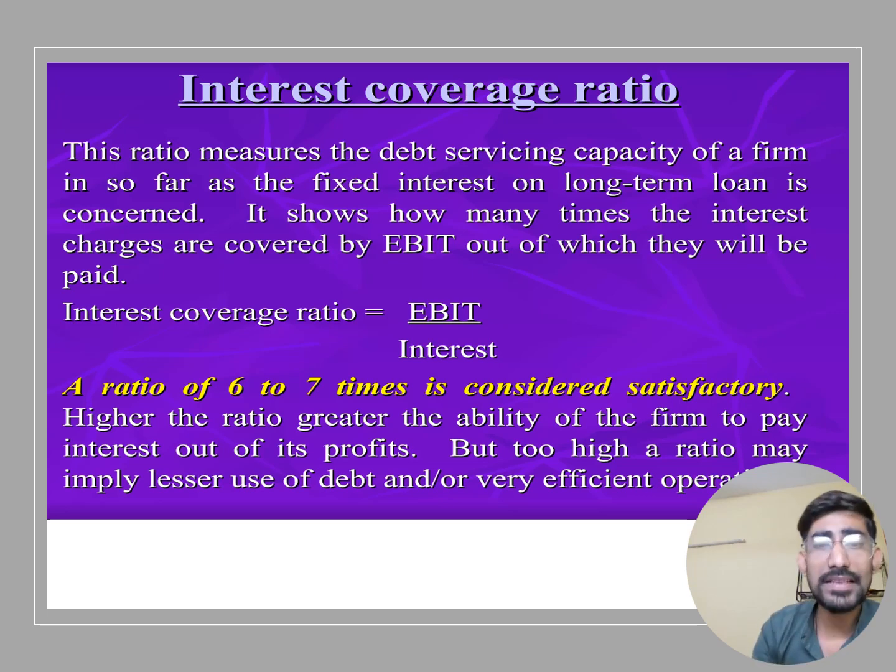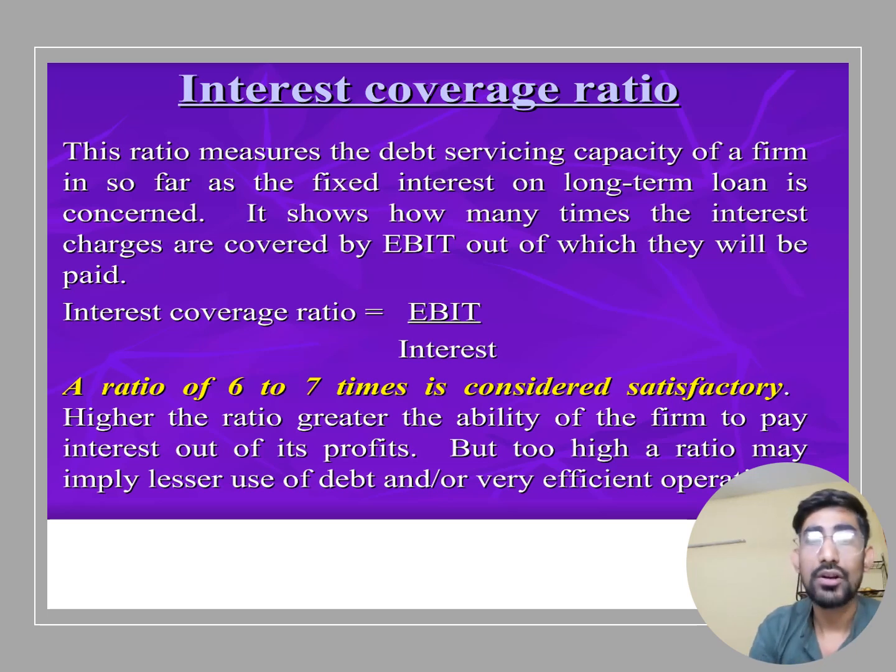In the simple sense, it means how efficiently the company is paying interest on the loan that they have taken. So interest coverage ratio is equal to EBIT, that is earning before interest and tax, divided by interest. A ratio of 6 to 7 times is considered satisfactory. That means if a company has an interest coverage ratio of 6 or 7 times,